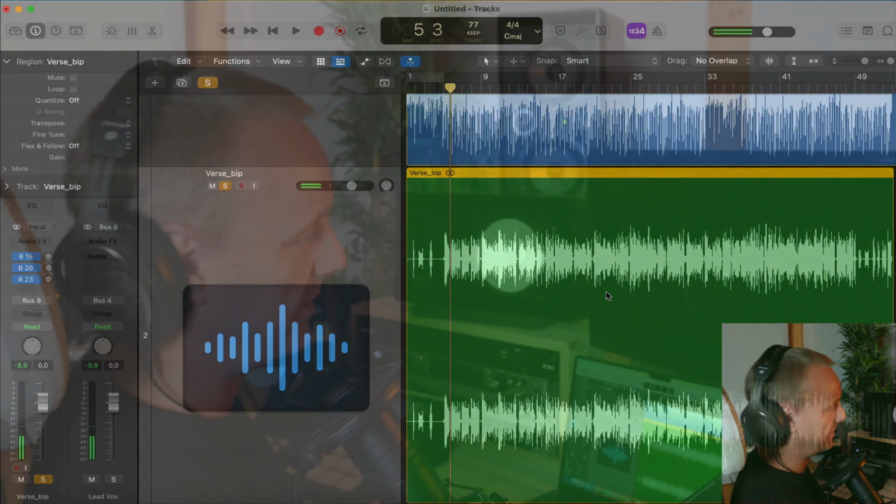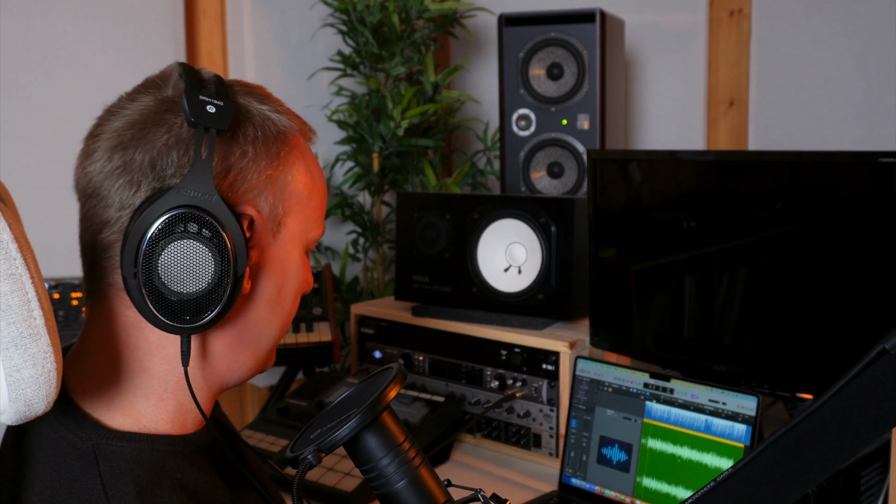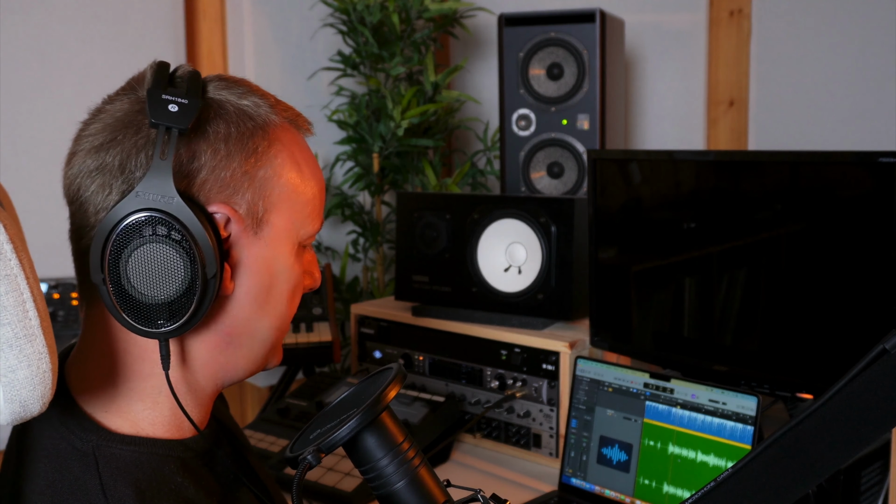Another thing that I notice, and what is going to be badly accentuated later on when compression and limiting is engaged, is the breathing and the bodily noises. So let's just go through and remove all those. Not remove the breaths. You want to have some breath, but you want only a little bit. You don't want the excessive